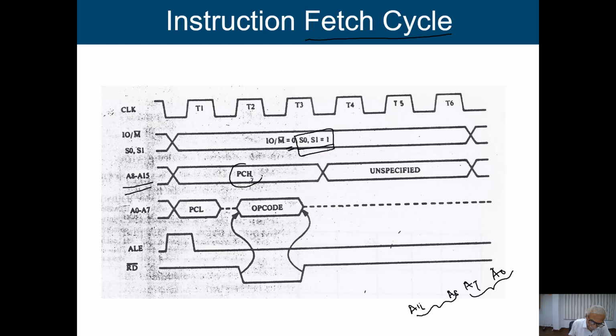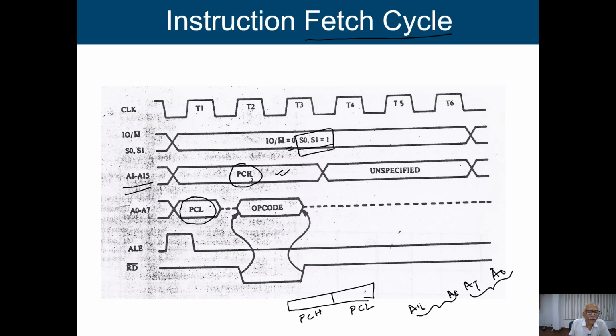It is a 16-bit register, so I can say program counter low byte and program counter higher byte. The value of the program counter higher byte will be placed on A8 to A15, and on A0 to A7 we put the value of the program counter low byte.